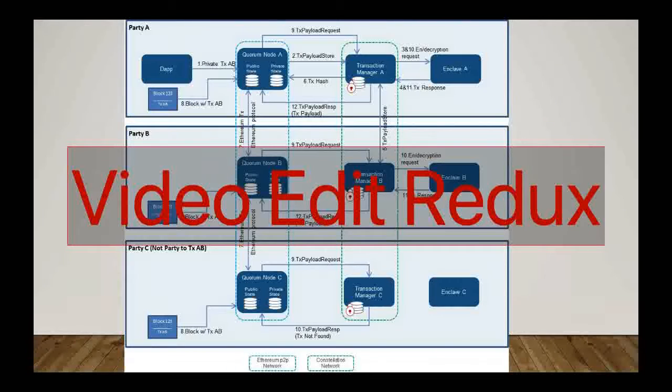First of all, party A sends the transaction to their Quorum node, specifying the transaction payload and setting private for to be the public keys for party A and party B. And then party A's Quorum node passes the transaction on to its transaction manager, requesting it to store the transaction payload. After that, party A's transaction manager makes a call to its associated enclave to validate the sender and encrypt the payload. And then the enclave of party A checks the private key for party A, and once